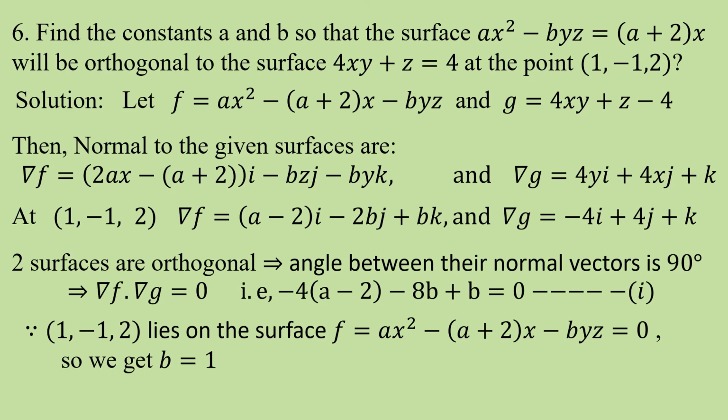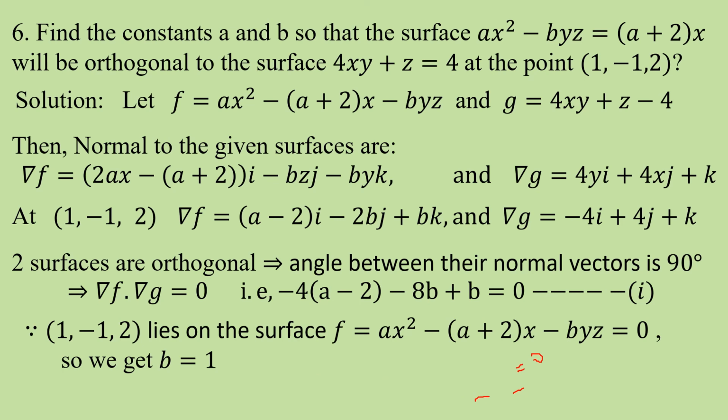So what does it give, students? Minus 4a minus of minus, plus 4 into 2, 8, plus 8 minus 8 plus 1, because b is 1. So minus 8 plus 1 minus 8 plus 1, that is minus 7 equal to 0. So that means minus 4a plus 1 equal to 0, which means a equal to 1 by 4. Is it correct? So from this a is equal to 1 by 4. So finally I got the values of unknowns: b is 1 and a is 1 by 4.